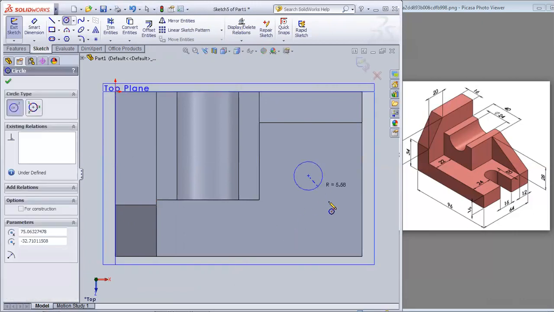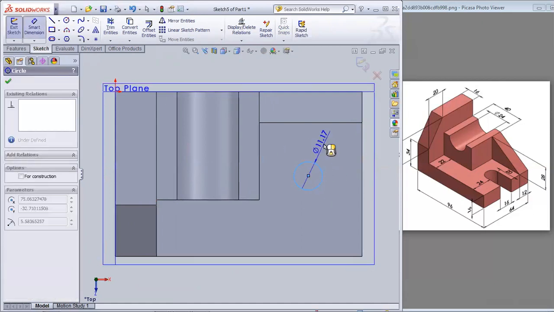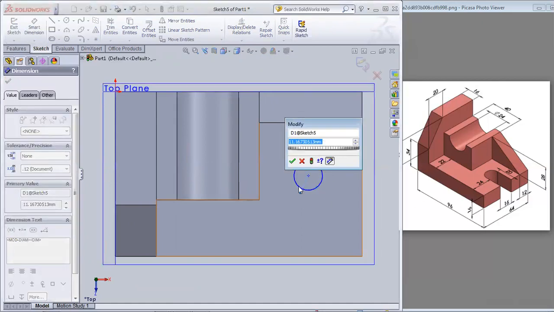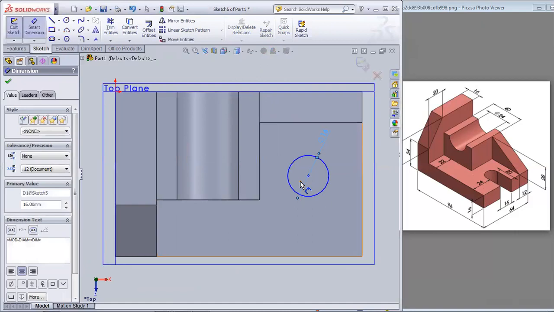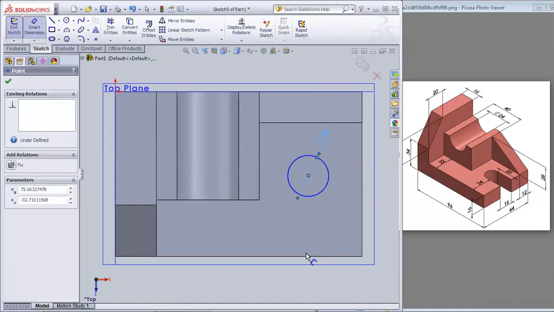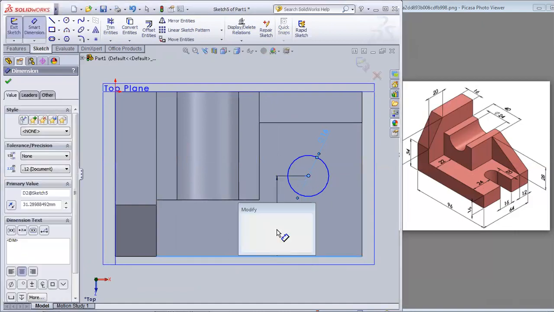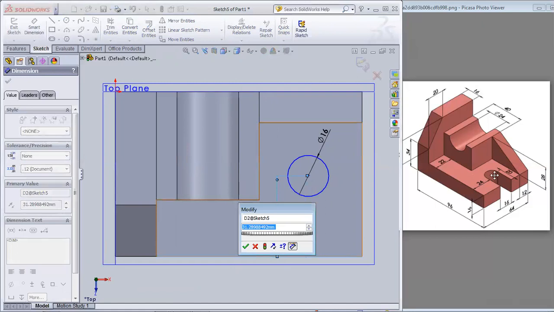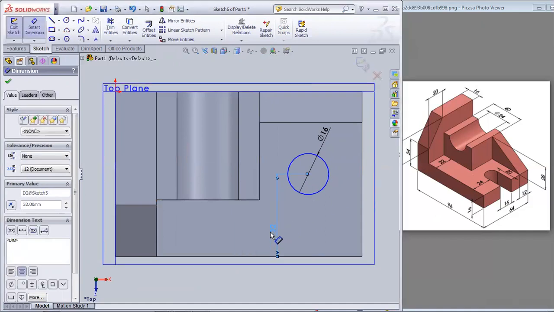Anyway, I will be just drawing a line over here and I will give a dimension. The dimension should be how much? This is 16, so the diameter should be 16, right? And this should be from this direction how much? This is 24 plus the radius of the circle, right? The radius of the circle is 16 by 2. So 24 plus 16 divided by 2, that is 32.